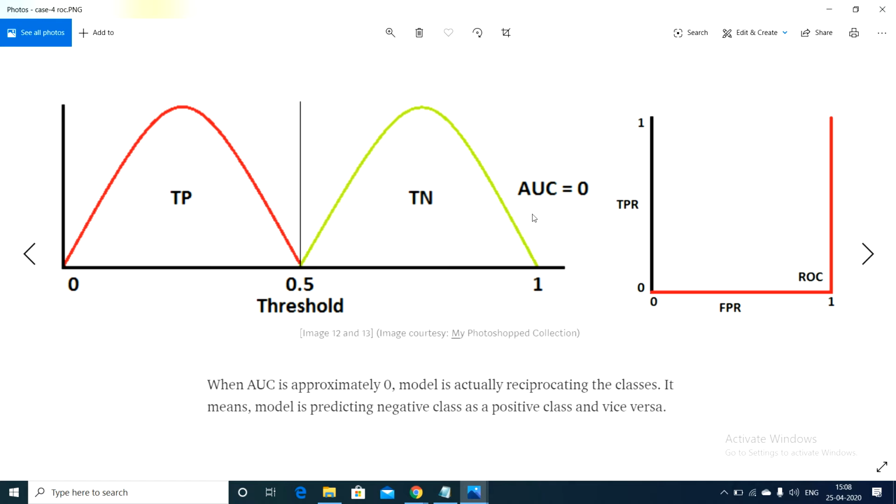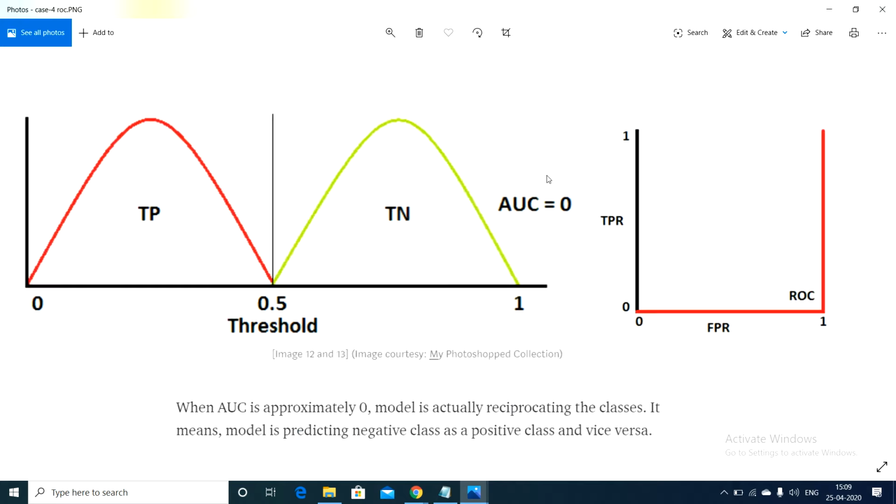This is a scenario where AUC is 0 because all the cases are predicted falsely. This is also one type of ideal case only. This might not happen in practice, because if a patient is having the disease, the model is predicting it as not a disease. If a patient is not having the disease, it is predicting yes. So here there is swapping between true positives and false negatives. See here the curve is changed. That is the reason why here AUC becomes 0.